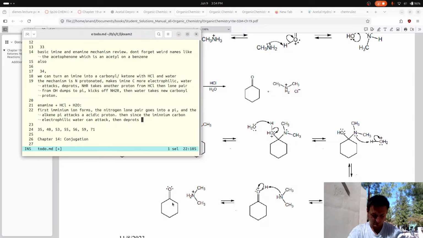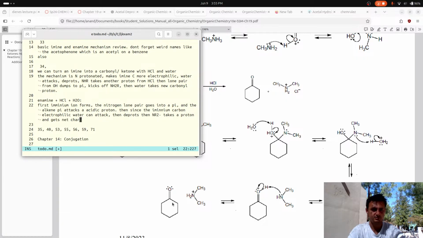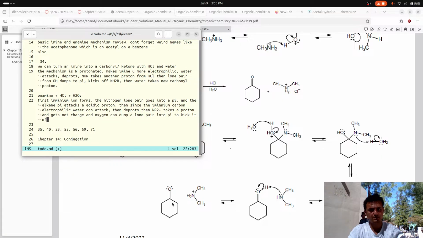Then NR2 takes a proton and gets a net charge, and oxygen can dump a pair into the pi. Then